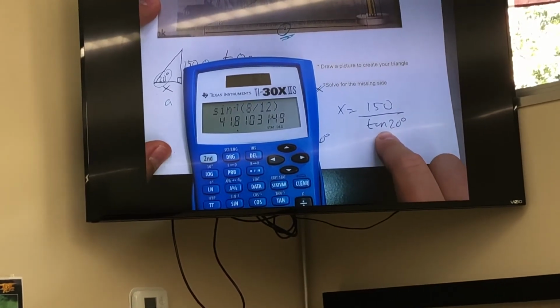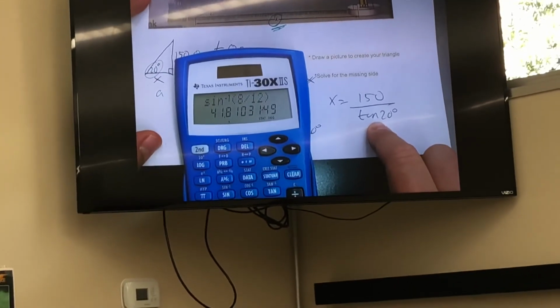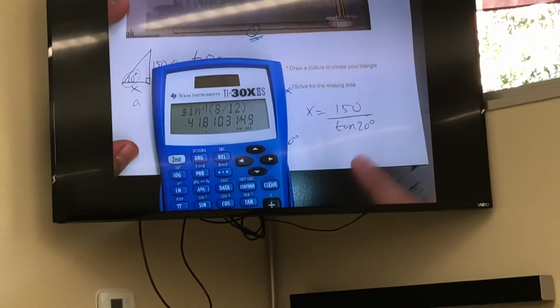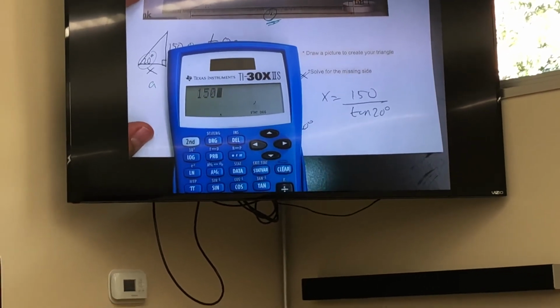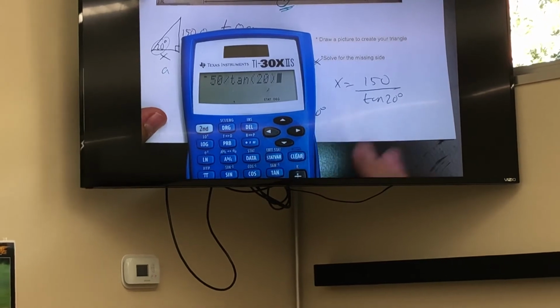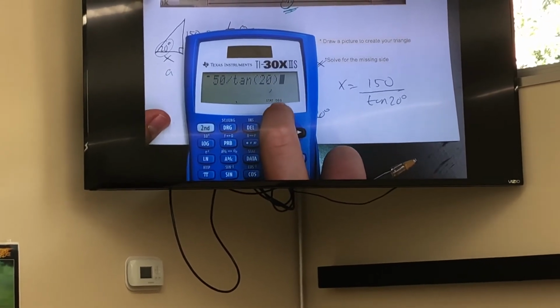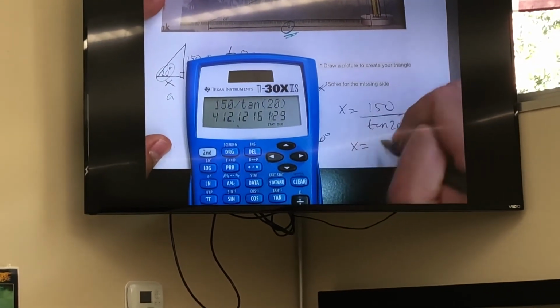Miss May, do I need the tan to the -1 for this? No, because we already have the angle. Very good. So 150 divided by tangent of 20 degrees. Mr. Deshanes made sure it was on degrees again. Boom. Boom. So x equals